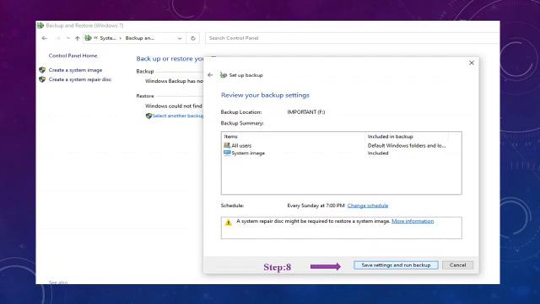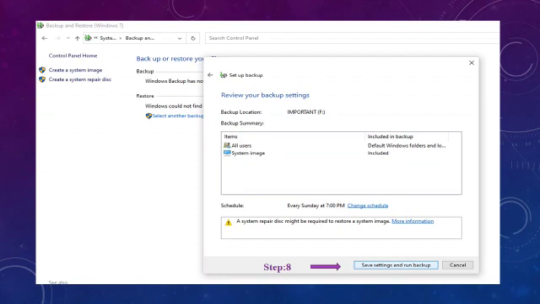You can see here every Sunday at 7 p.m. There you can see change schedule option. If you click there, you can schedule the days and time you want to back up your files.